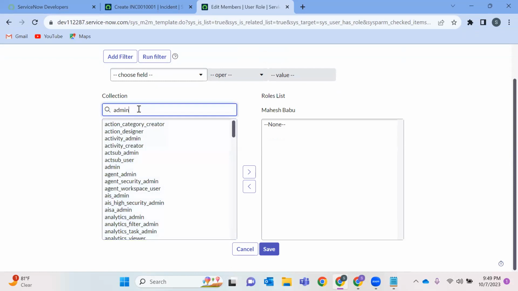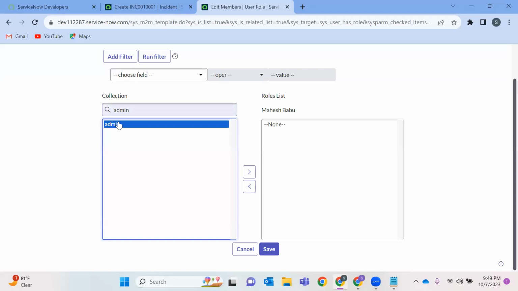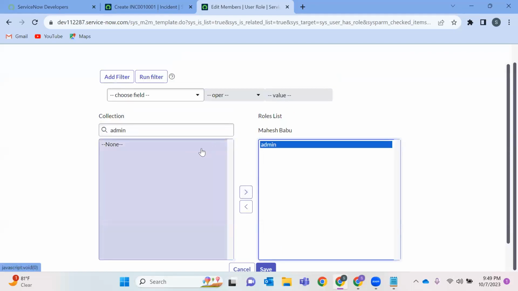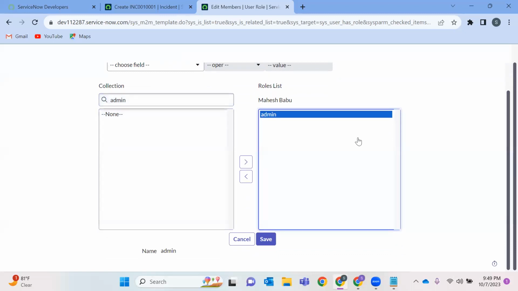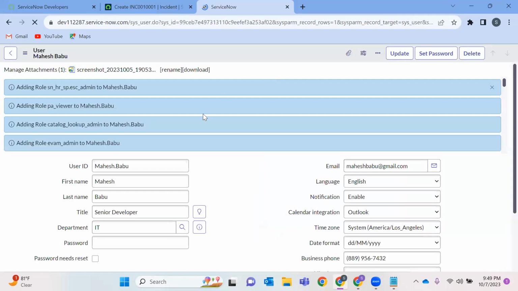I want to give him an admin role. So I can just search for admin in this collector and push it to my roles list. This means available, this means selected. From available to selected, if I push the role, that role will be added to the Mahesh Babu user.